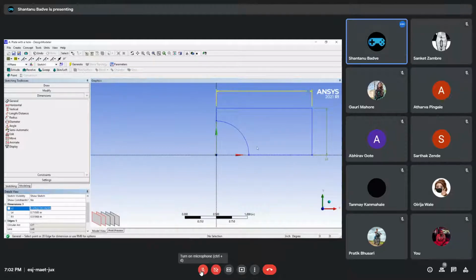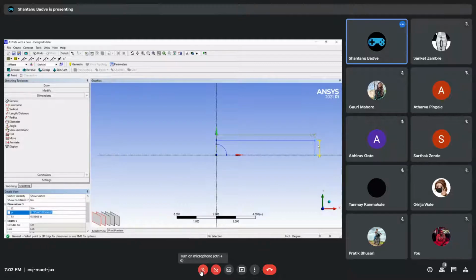So let's first select this upper edge, or basically the length of the rectangle. Now, because we are actually drawing only 1/4 of the geometry, the length is actually going to get halved, because the length is symmetric about the y-axis, and we only drew half of the geometry. So the length was 10 inches, but because we have 1/4 of it, we will enter it as 5 inches. We have got it here. So you can see it just made it into 5 inches.